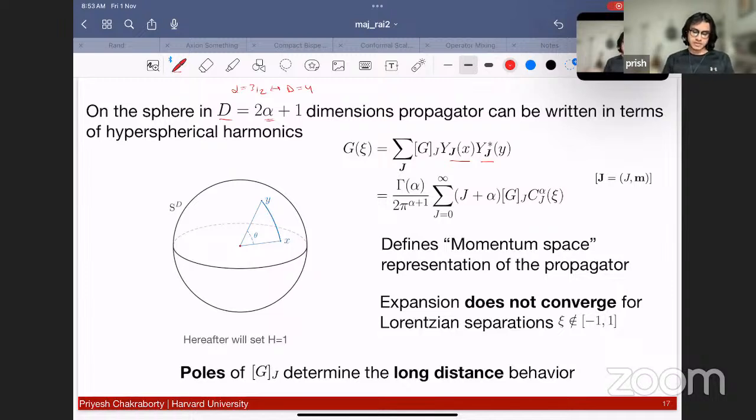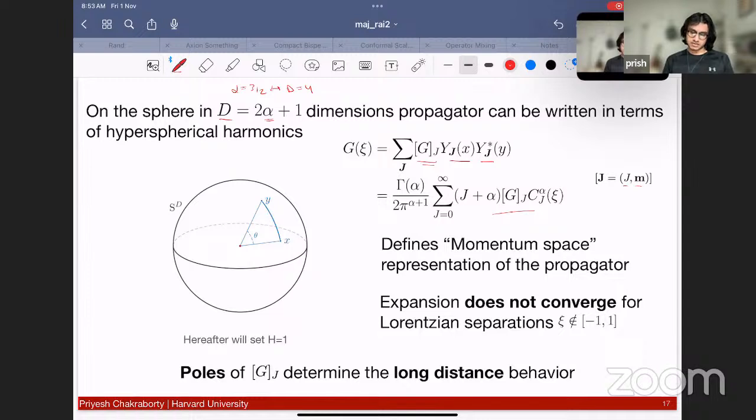And so this expansion in terms of spherical harmonics, the coefficients which keep track of it, these are what I'll call the momentum coefficients, and this will be basically analogous to 1 over k squared plus m squared. So you have some expansion determined by the total angular momentum and magnetic quantum numbers. You sum over the magnetic quantum numbers, and you get something which is manifestly de Sitter invariant.